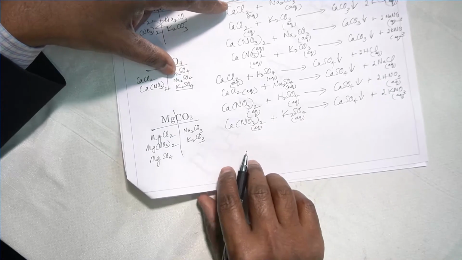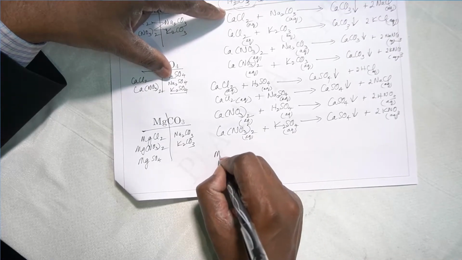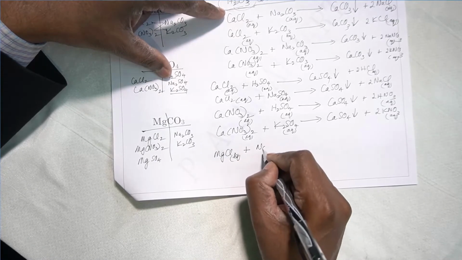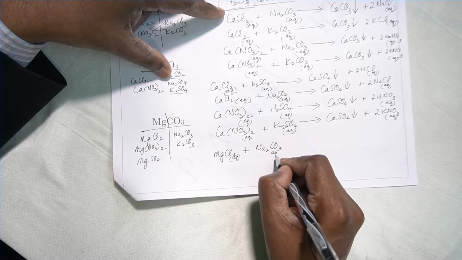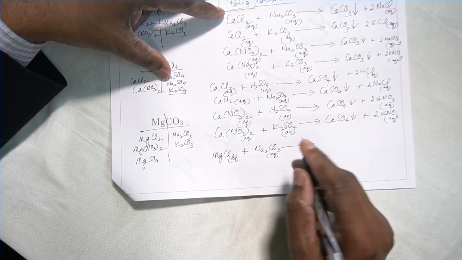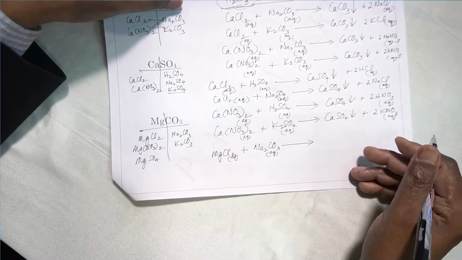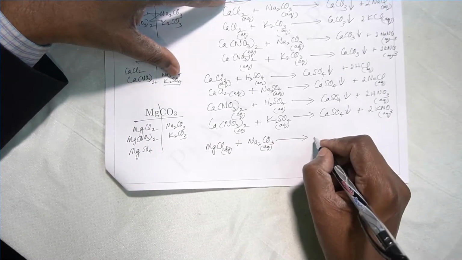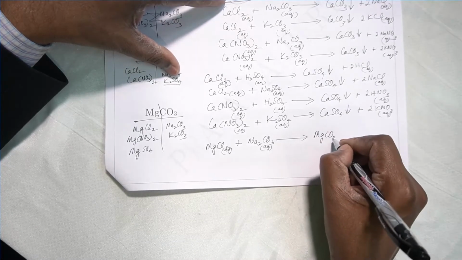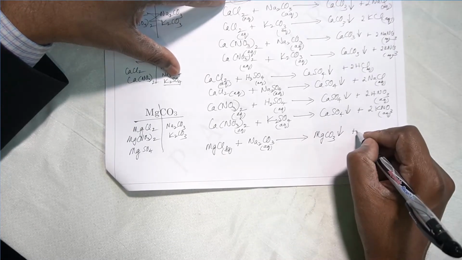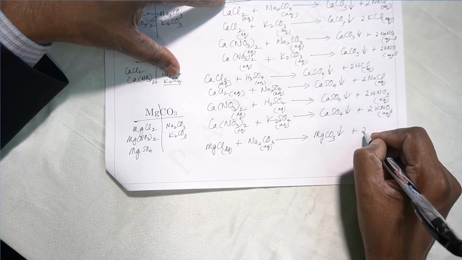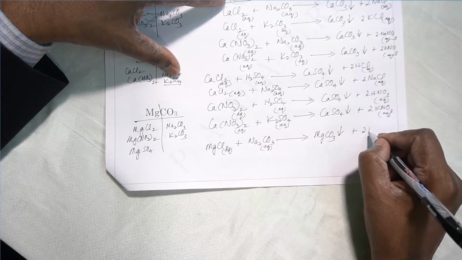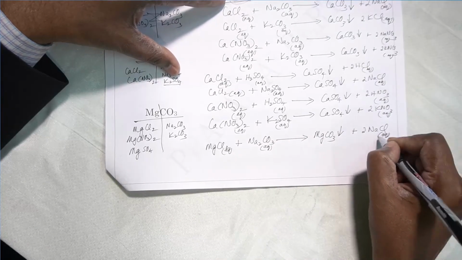K2CO3 you can try yourself, right? Then MgCl2, which is aqueous solution of magnesium chloride, and Na2CO3 aq. Now usually the board papers have only sodium carbonate, potassium carbonate is not asked usually. In case it is asked, you can replace Na with K. Okay, so MgCO3 insoluble salt plus 2, what is present here now? Come on, Na and Cl, so 2 NaCl, which is aqueous, right?